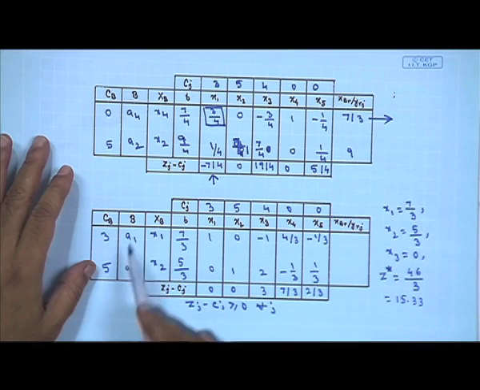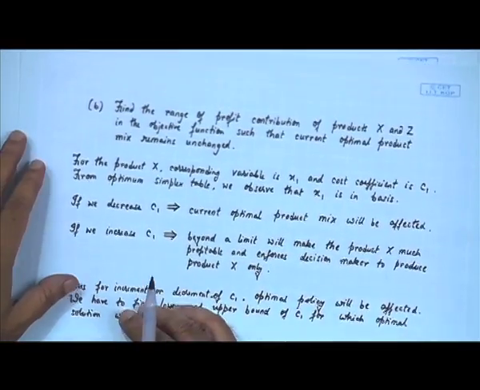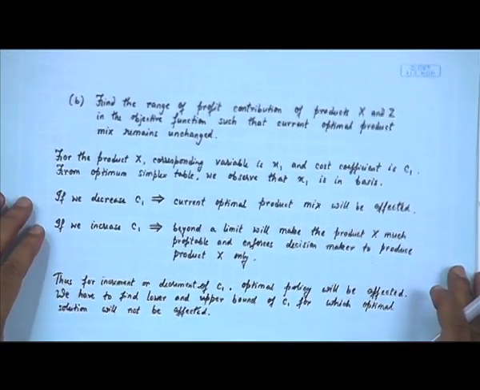Please keep this one in mind, this particular table, the last table, because in the next 4 problems we will use this thing. Frequently we will use this optimal table. Now, come to the second problem. The second problem is